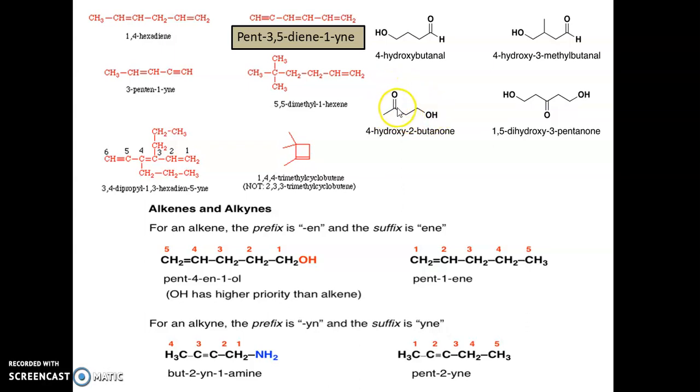Here the compound is CH3CO, CH2CH2OH. So here you see there is a ketone functional group. CO is the ketone functional group. And CO is getting the priority here over the OH group, correct? So the OH group is a substituent here. So what is the position of the OH group? 1, 2, 3, 4. 4-hydroxy. So 4-hydroxy, 4 carbon atoms, so but. And what is the position of this ketone group? Carbon number 2. So but-2-one or 2-butanone. But-2-one or 2-butanone are the same thing. So you can write this compound as 4-hydroxy but-2-one or 4-hydroxy 2-butanone.